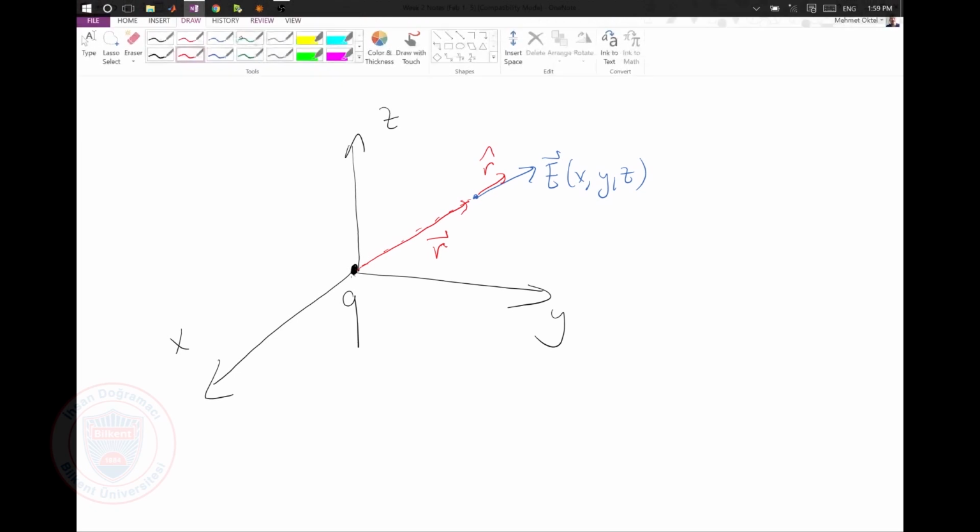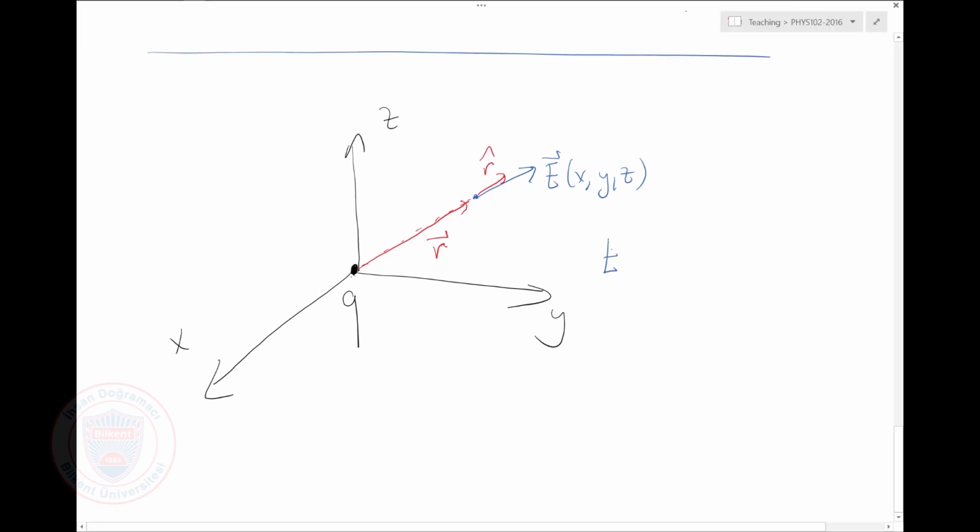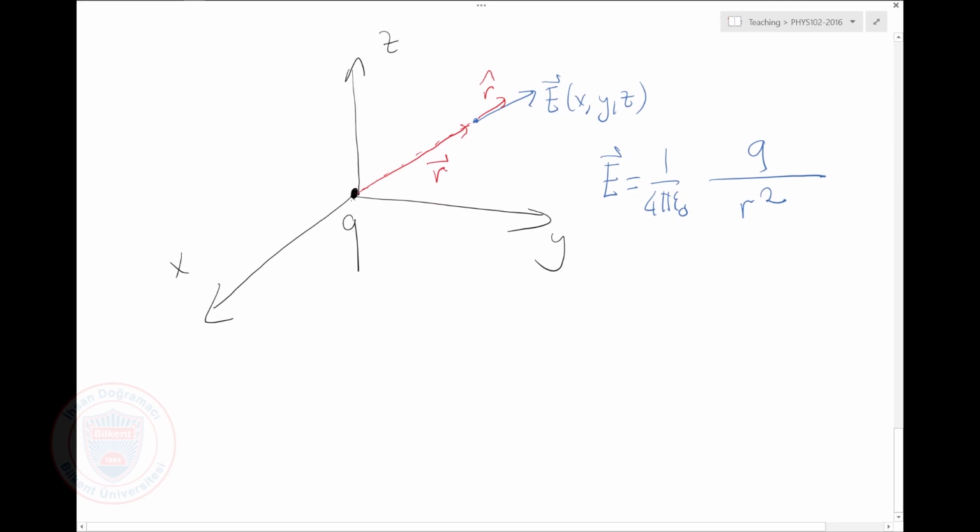The electric field at that point is going to be 1 over 4 pi epsilon 0 Q divided by R square, or if I write R in terms of X, Y, and Z,